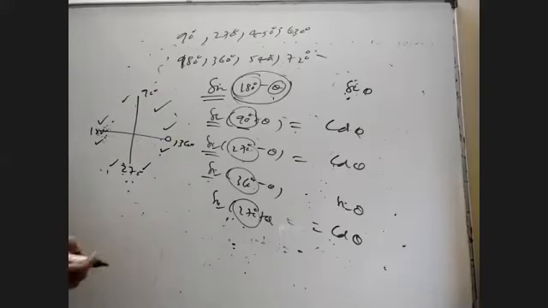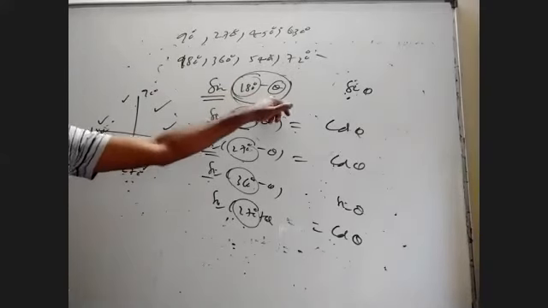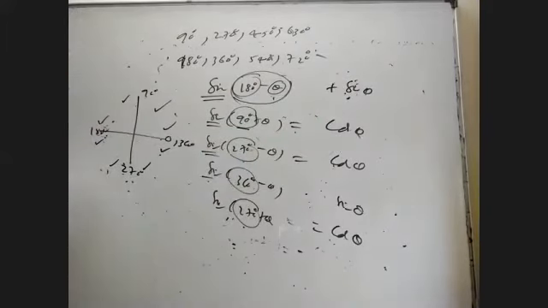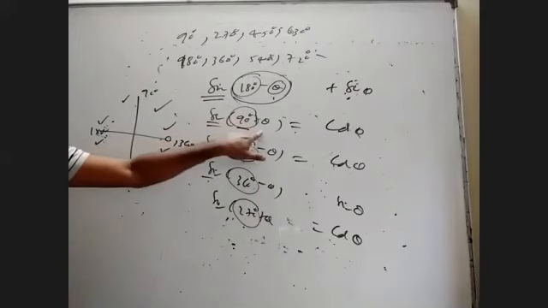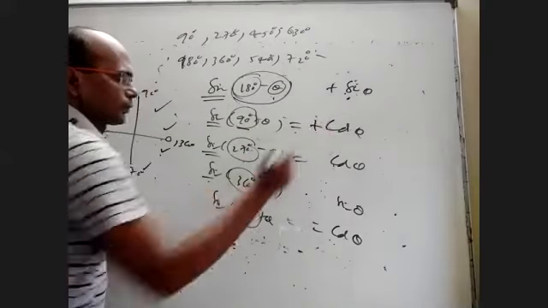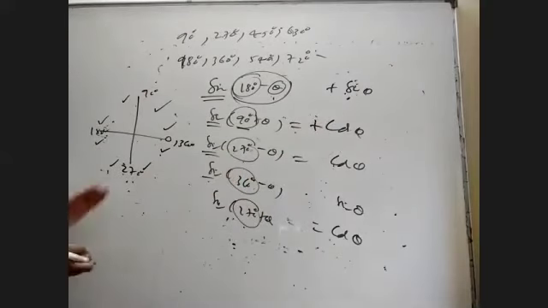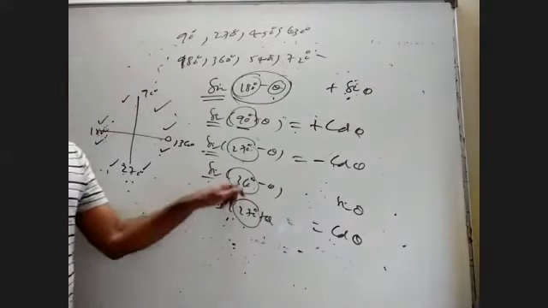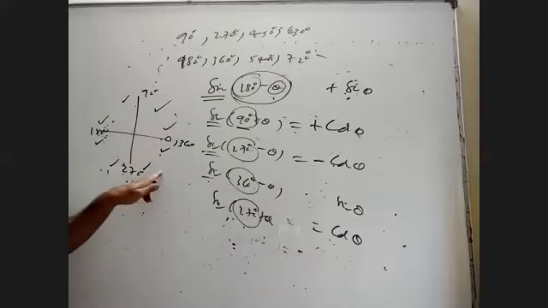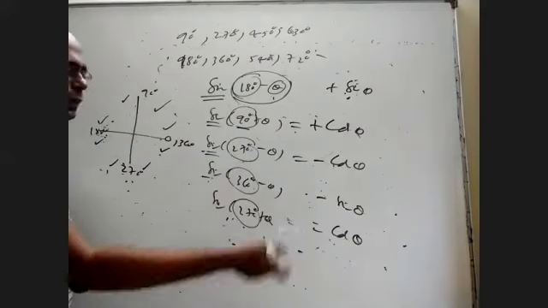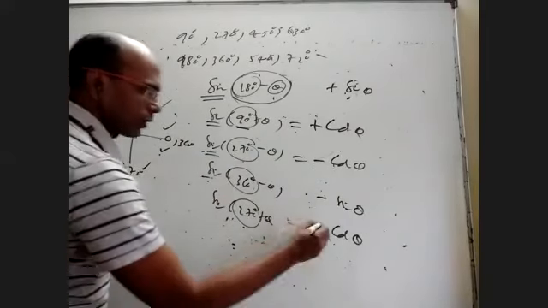So imagine theta is a very small positive angle. Sine 180 minus theta is a little before 180 degrees, so you are in the second quadrant, sine is positive, so you write plus. Sine 90 plus theta, a little more than 90, second quadrant, again sign is positive. Sine 270 minus theta, a little before 270, you are in the third quadrant. In the third quadrant sine is negative, so write minus. Sine 360 minus theta, a little before 360, fourth quadrant, sine is negative, based on the all silver tea cups rule. Sine 270 plus theta, fourth quadrant, again it is minus.